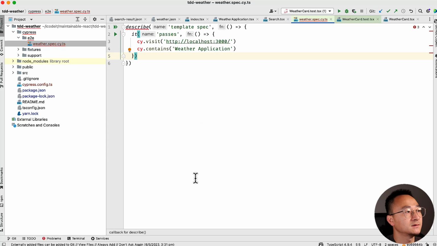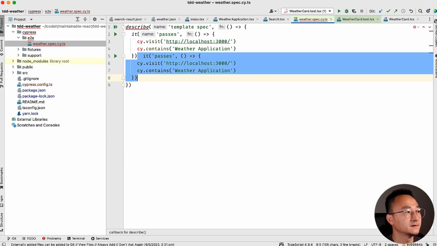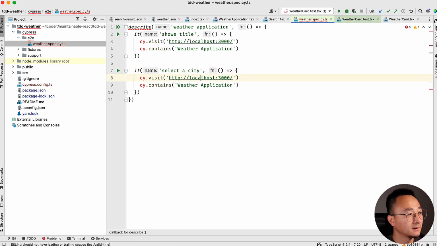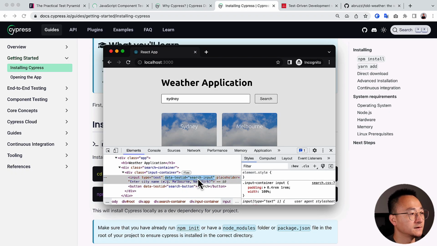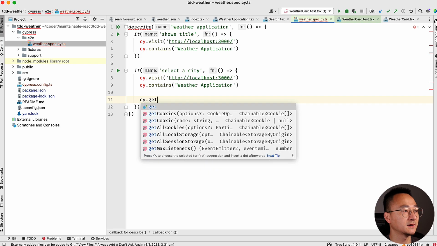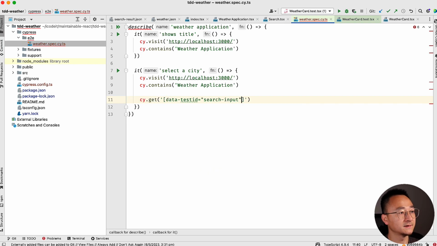So in Cypress, you can use this. Let's duplicate this test first. I would like to change this to weather application, and this is title. It shows title, and this one will be select a city. So let's copy this, and so first let's copy this test ID, and in here we need to use the get API to get this element, and we need to type into that. We can try Marvin,